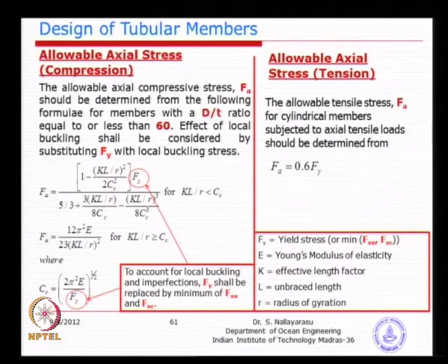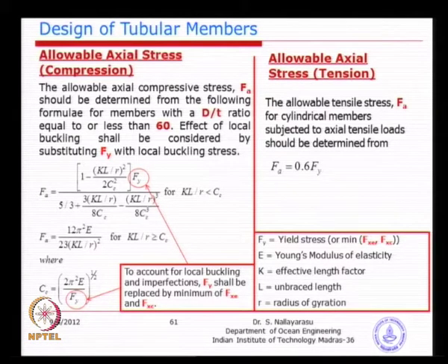One of them is very easy to understand. The second equation has no relationship with the yield strength of the material. You can see there is no relationship, that means it is pure buckling. Irrespective of the strength of the material, whether high strength or mild steel, the member is so slender that buckling is going to govern the design. You see here there is no Fy, whereas the first one has both the Fy value as well as the slenderness.